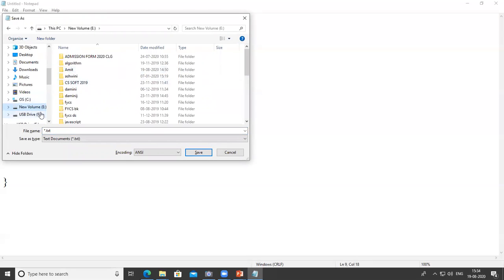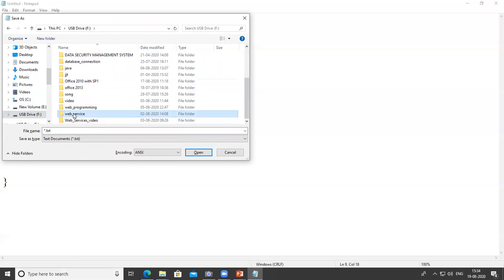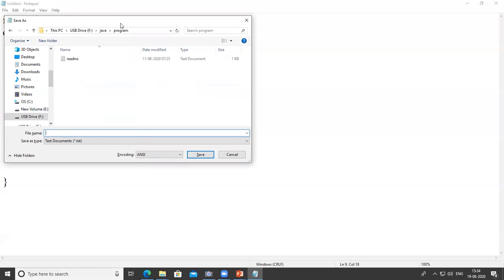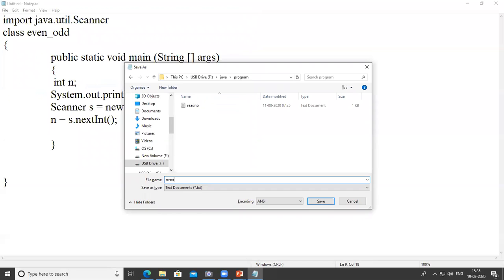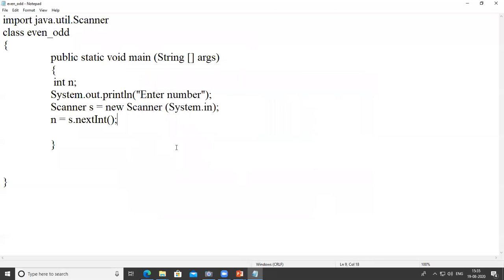Java programs. Here I write if, e1_odd, e1_odd.java. Here I change to all files. Save it. Okay.